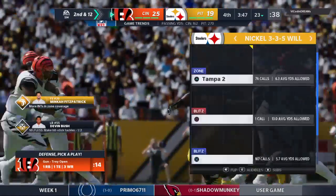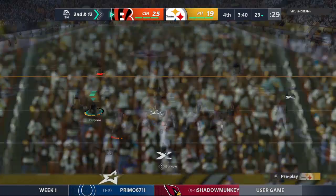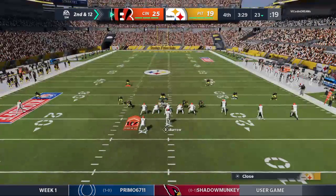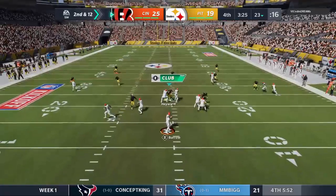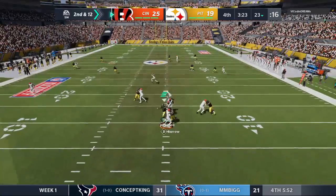And when do they start thinking about burning these timeouts? They've got all 3 still defensively. To me, you have to start right now. Here's the time, and that means you've got to stop them on defense, not give up the yardage. Use your timeouts in order to...